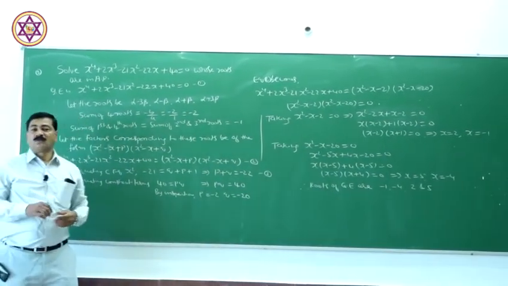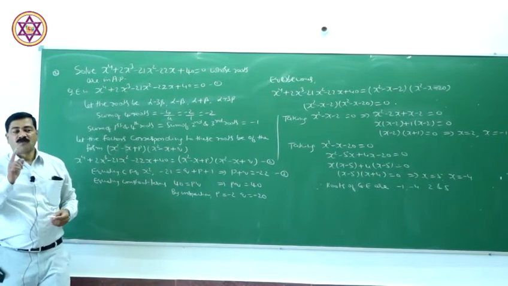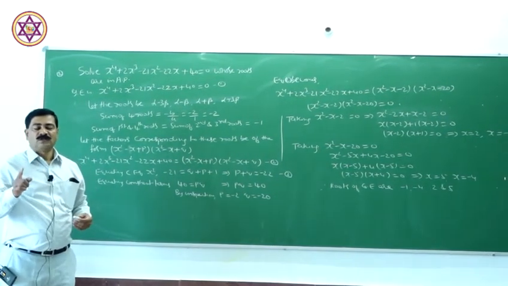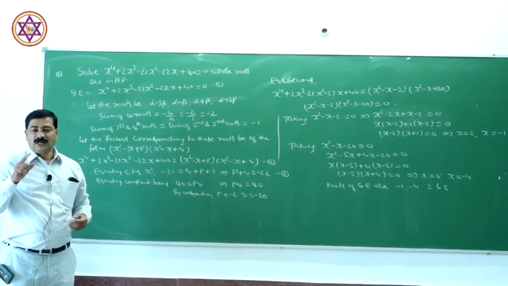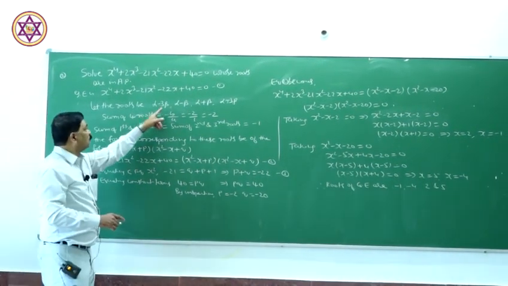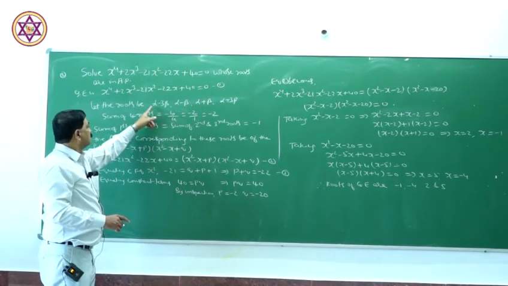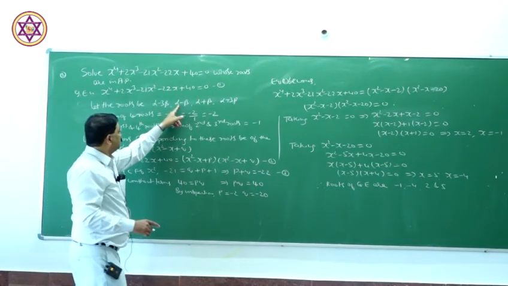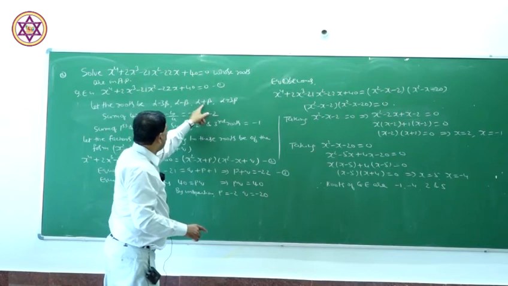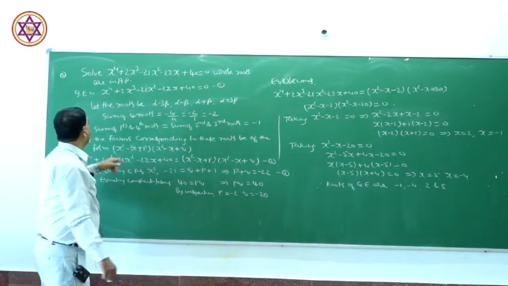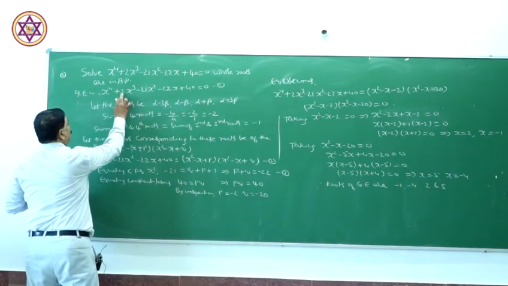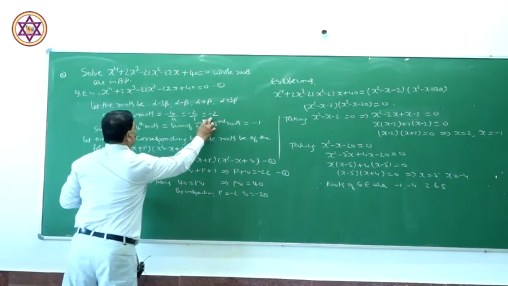In case of a cubic equation usually we take alpha minus beta, alpha, alpha plus beta. Here this one is a biquadratic equation, means the degree is 4, so we take roots of the form alpha minus 3 beta, alpha minus beta, alpha plus beta, alpha plus 3 beta. Sum of 4 roots is minus b by a. So here a is 1, b is 2, so minus 2.